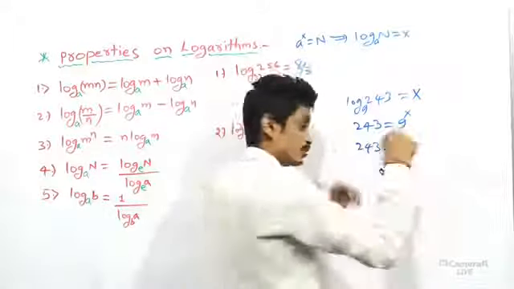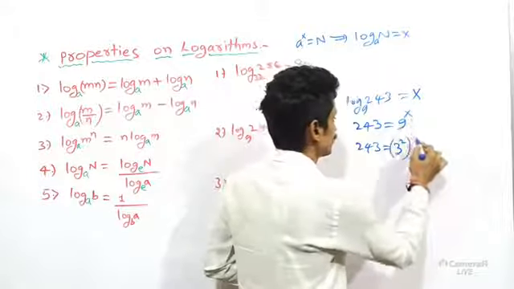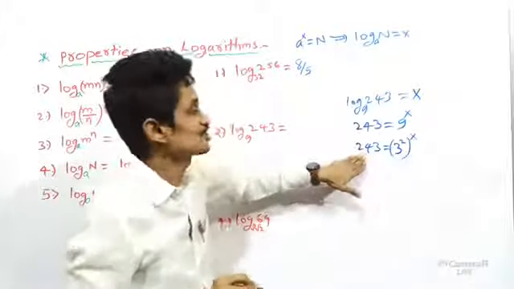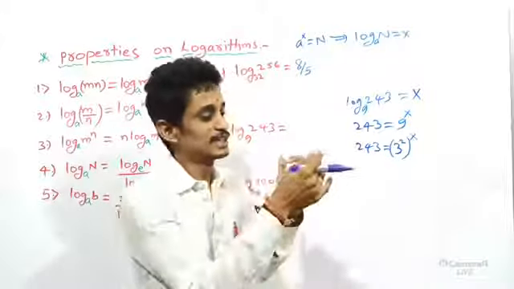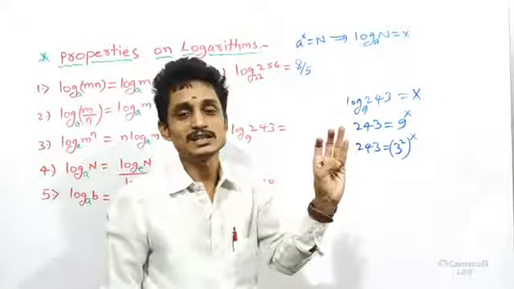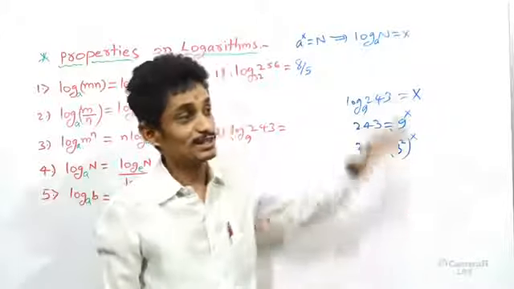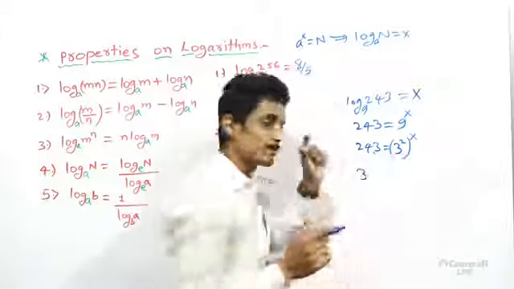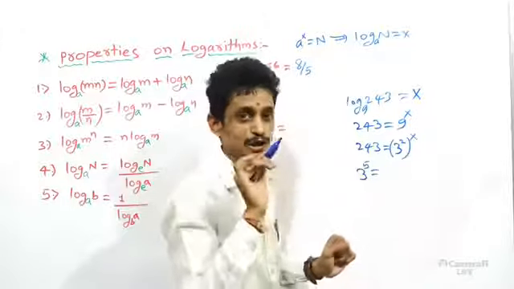So now this 9 I will express in another way. That is 3 square. Power is what? x. That is very simple. When we got a 3, there is a chance to express 243 as a power of 3. Let us start. 3 into 3 is 1 time. 3 into 3 is how much? 9. Next 9 3s are 27. Next 4 times 3 multiplication means 81. Next the 5th time, that is 243. We know that this is the very basic thing. 3 power 5 is nothing but 243.